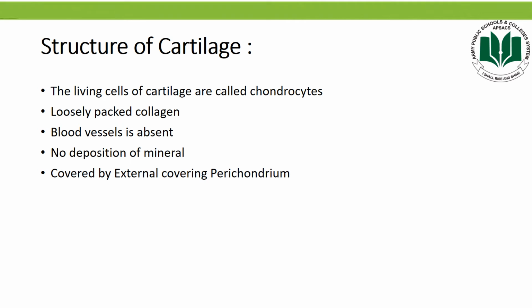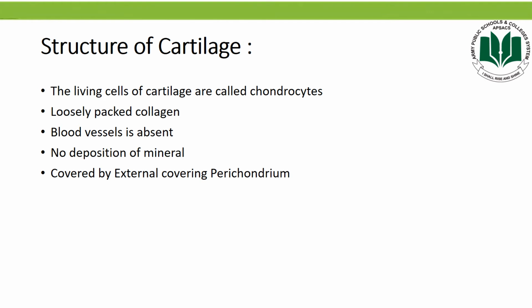Now the structure of cartilage. As we all know, cartilage is not as strong as bone and it is present only in particular places, like the end of the long bone at the joints. It also plays a very important role as a structural component of some parts of the human skeleton, like the rib cage, the ear, the nose, the bronchial tubules, the intervertebral disc and many other body components.